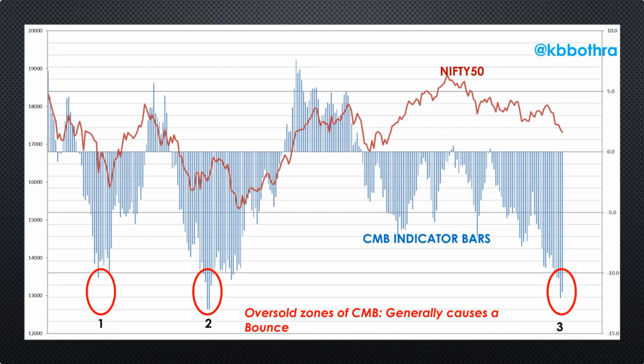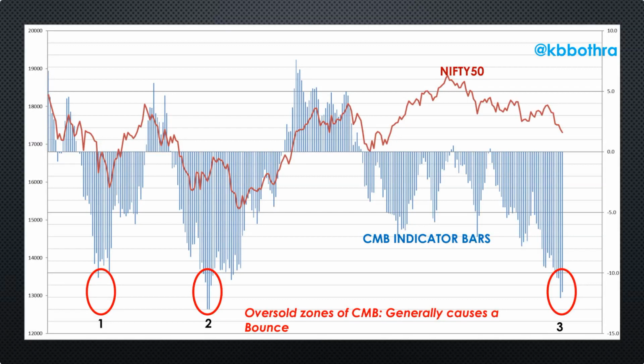So as I said, it all depends on how much time. As of now, it's just been the 3rd day where the CMB indicator, that's the cumulative market breadth indicator, is trading at a level which is below -10. Now, this could probably be an indication that even the Nifty is getting into a bit of a tiring zone on the correction, and we may expect a decent bounce for the index over the near term.